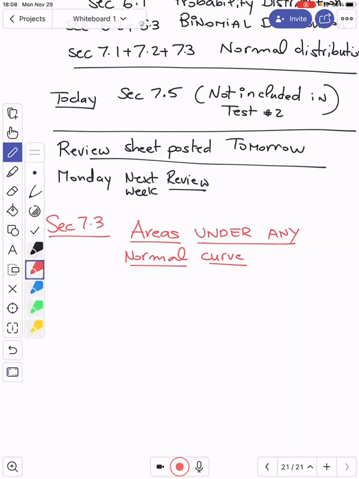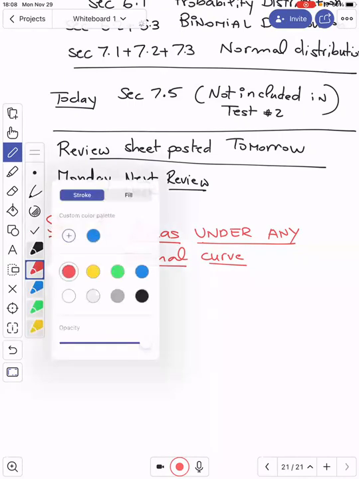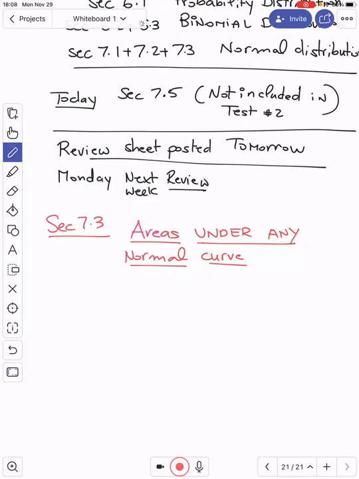Yeah, for the areas under any normal curve, right? Wednesday last week we discussed. I think we did a lot of exercises, but then we tried to discuss the case of the inverse normal distribution. So let me just remind you very quickly the inverse normal distribution. So the goal was to find,